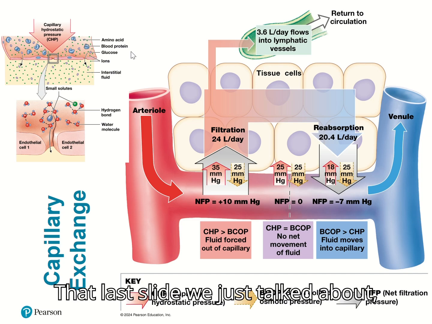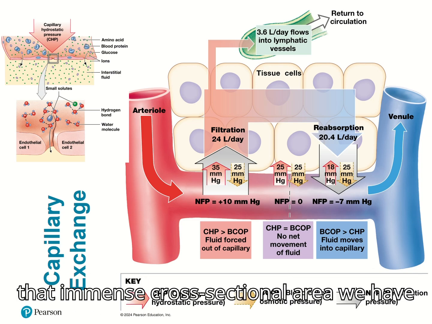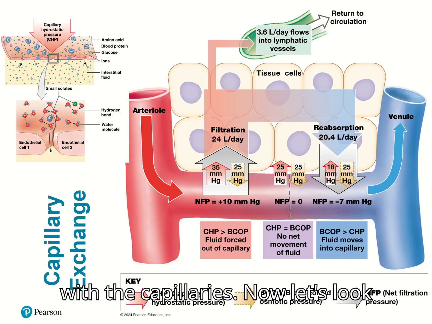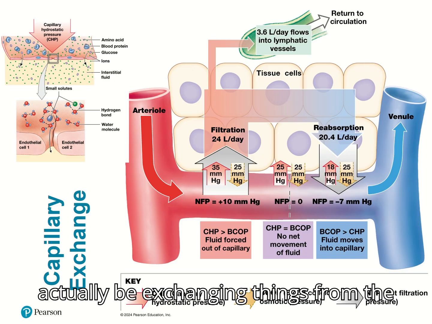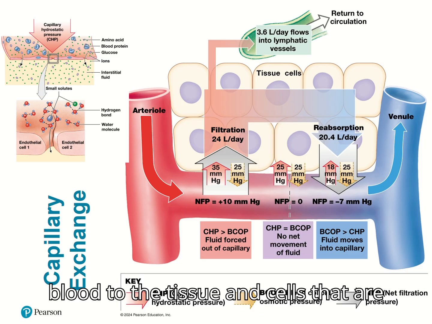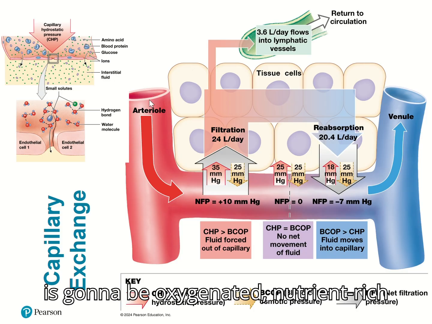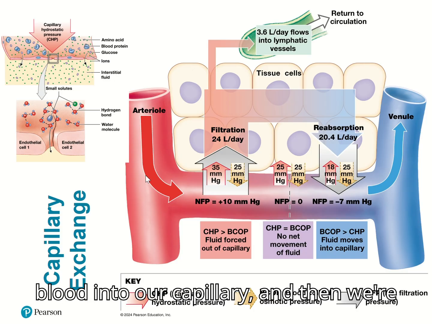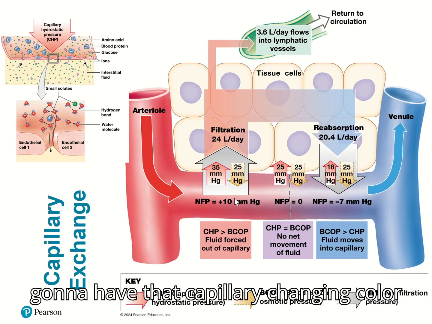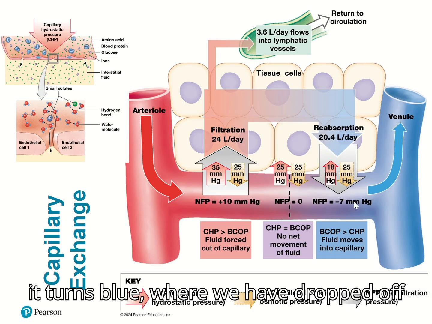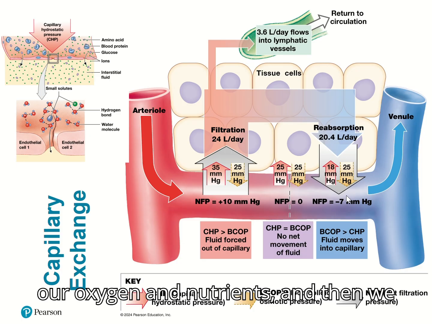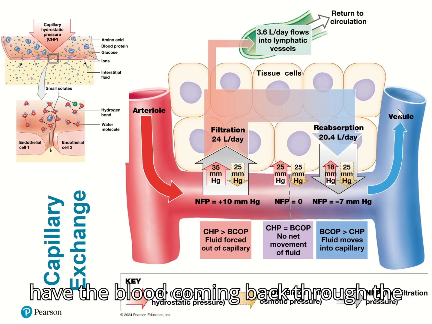That last slide we just talked about showed the immense cross-sectional area we have with the capillaries. Now let's look specifically at how we're going to be exchanging things from the blood to the tissue and cells that are surrounding it. We have here an arteriole, and you can see that arteriole is going to bring oxygenated, nutrient-rich blood into our capillary, and then we're going to have that capillary changing color here, showing purple until it turns blue, where we have dropped off our oxygen and nutrients, and then we have the blood coming back through